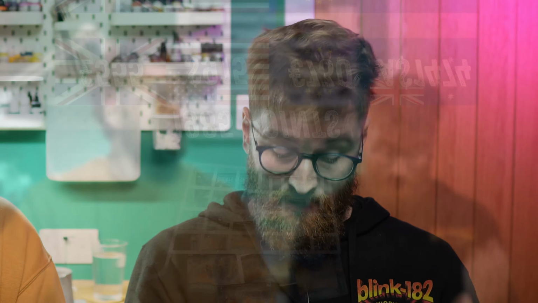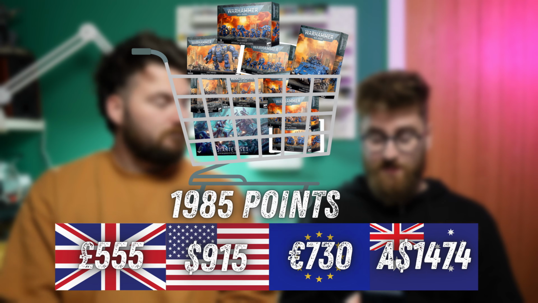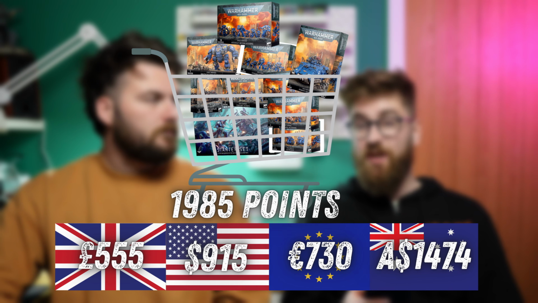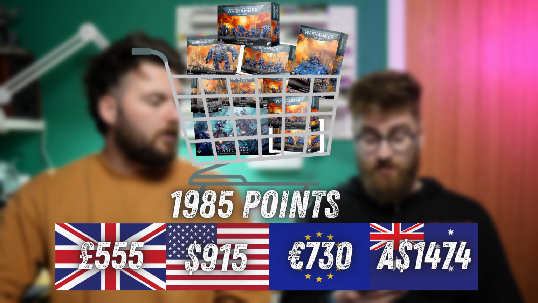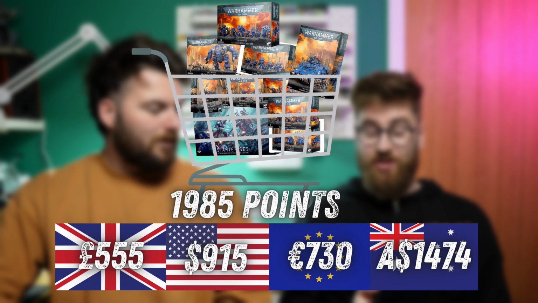So, off the back of that, that's clocking in at 1,985 points. Thank God you said points. Yeah, that sounds pretty good. So that's with the Assault Intercessors. That's the tank optional. The tank optional is the same points depending on what Gladiator variant you build. And the UK cost is £555. Just to complete the totals, just because it's worth talking about: US dollars 915, euros 730, and you poor Australians